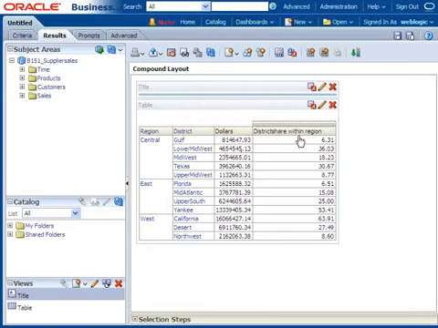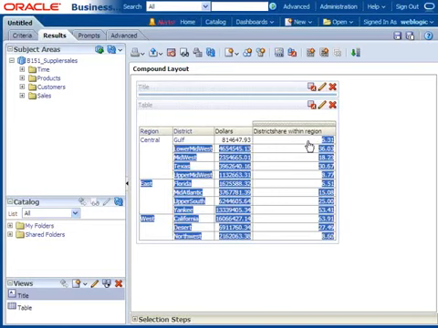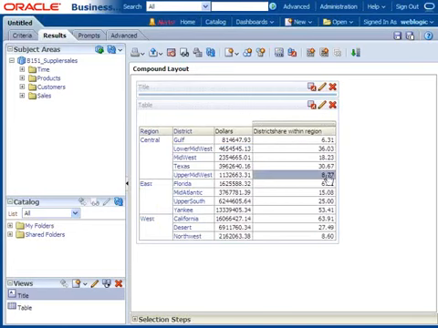If you sum up till here, sorry, if you sum all these things, what will you get, sir? 100 or not? So I am assuming central revenue is nothing but 100%. Out of 100%, what is the Gulf contribution? What is the lower Middle East contribution? Like this I am verifying. You understand the business question and answer, sir? Both the things? Yes. This is the way level-based measure will be useful to do that one.